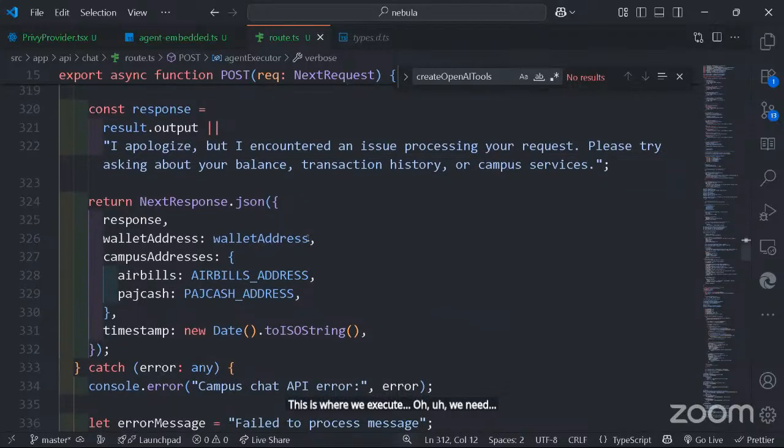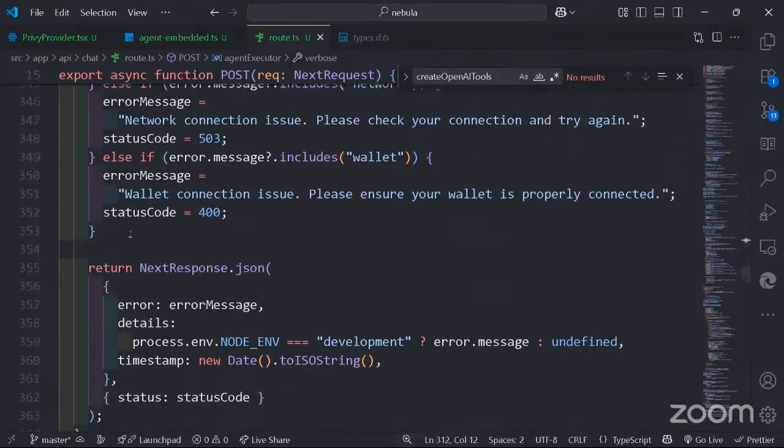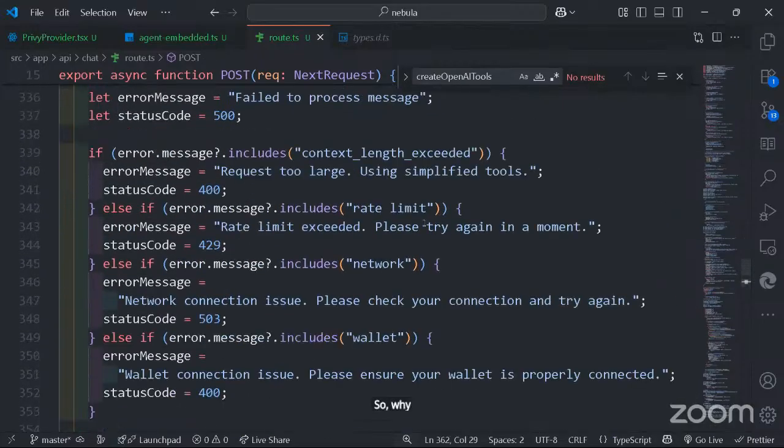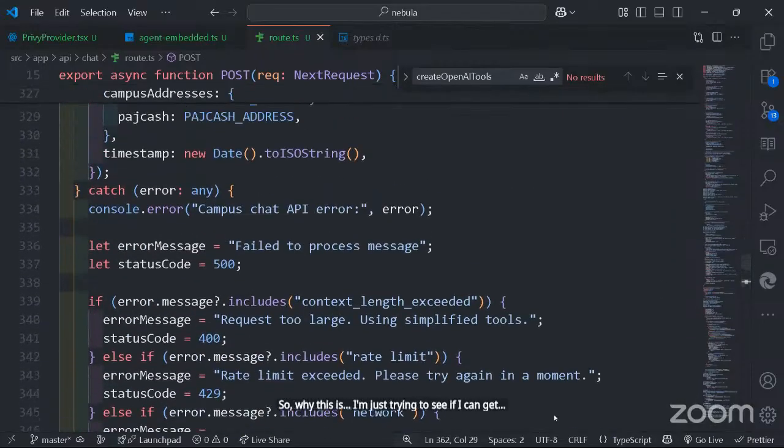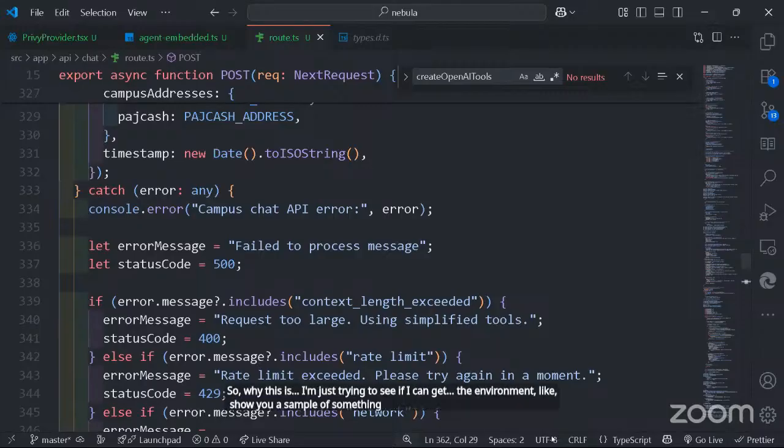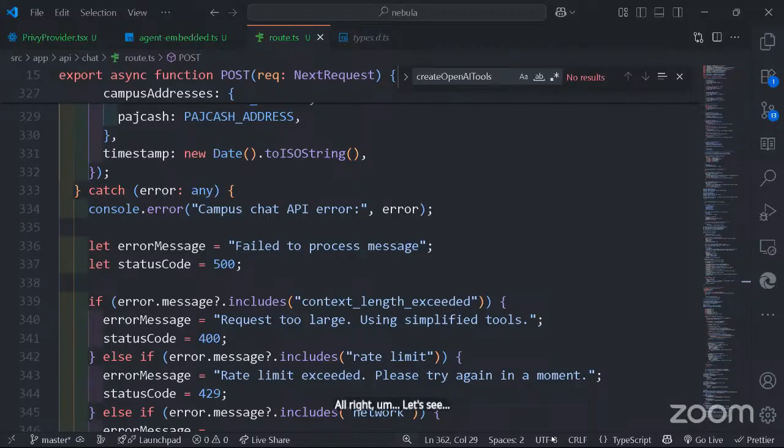I'm just trying to see if I can get the environment to show a sample of something before we go. All right. Let's see. Yeah, while I'm trying to get this up,